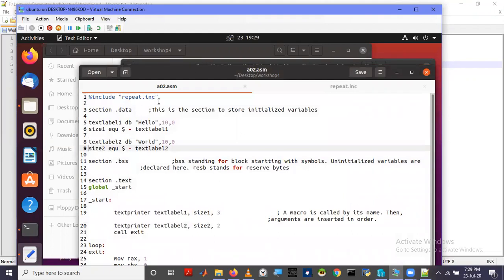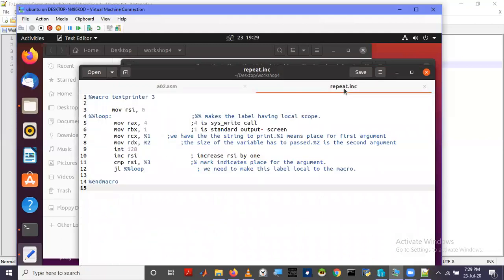This is the professional way of including a macro. That means include it as a reference using the keyword include, by defining the macro in another file with this format. So that is the end of workshop 4 and also the explanation regarding today's meeting.